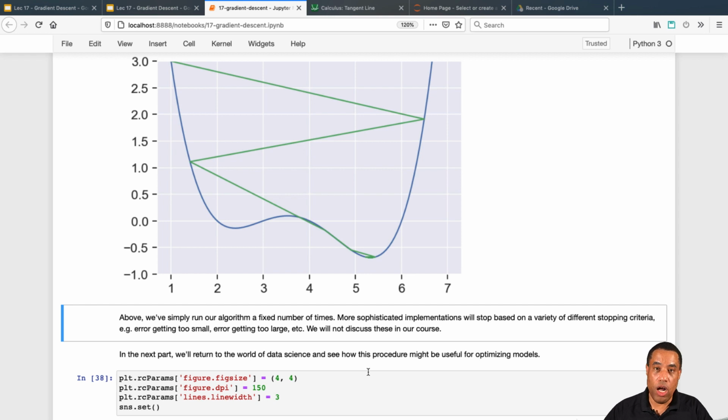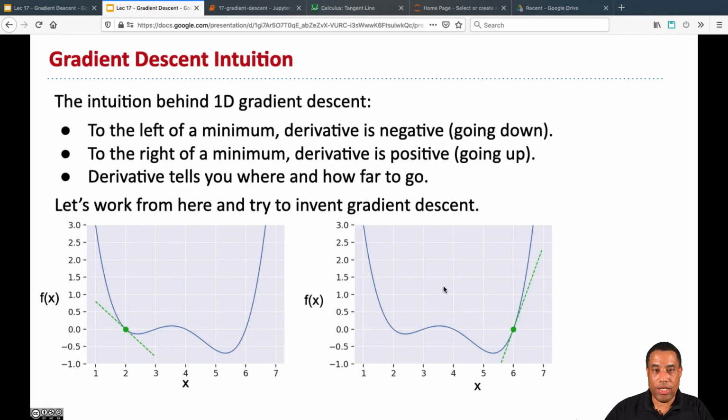These are beyond the level of this class. Again, if you take a numerical methods class, you'll learn a lot more about how those sophisticated implementations work and how you actually do the parameter and initial point selection. So let's go back